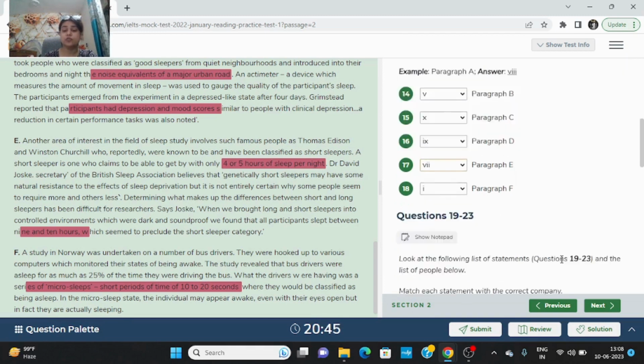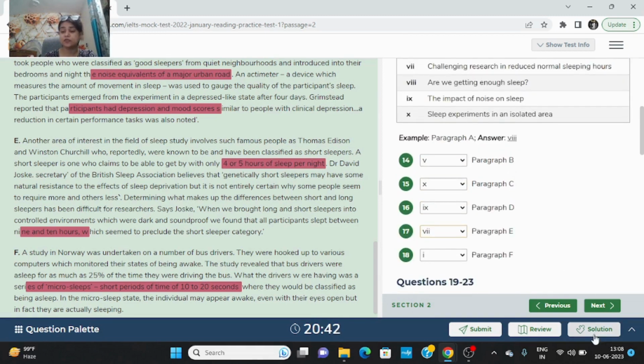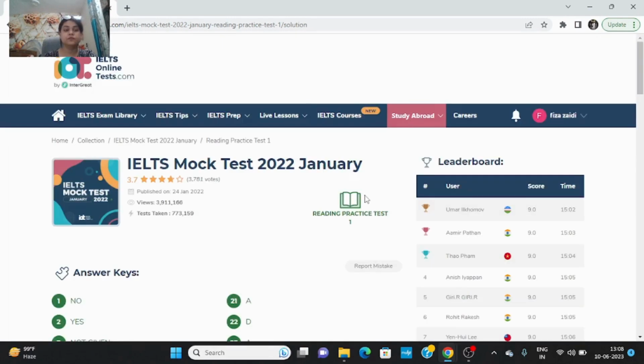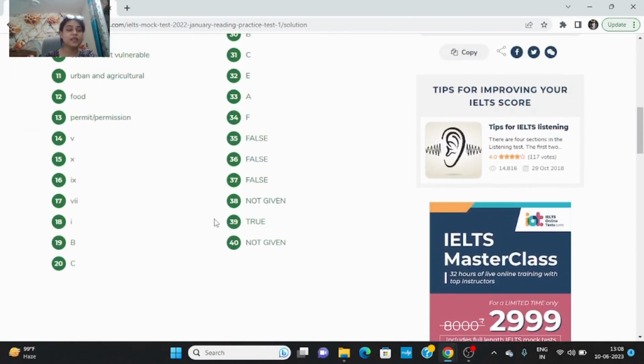Now for the solution part, I will quickly open the solutions and you can see we have marked 5th, 10th, 9th, 7th and 1. Please write down your answers in your notebook, and now we will be doing the correction for our reading exercise that we have done today. So solutions. Okay, you can see here 5th, 10th, 9th, 7th and 1. This is the most appropriate heading for